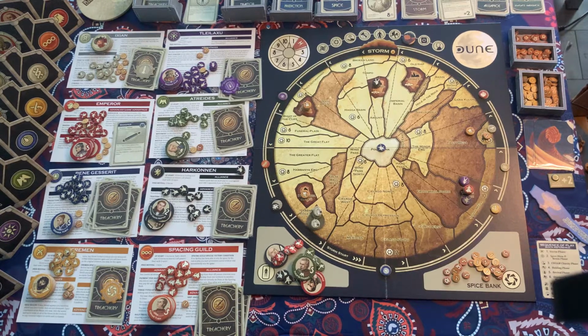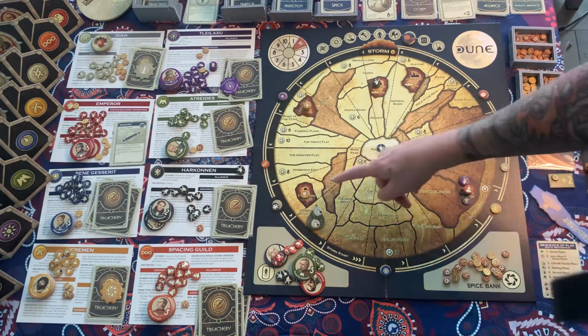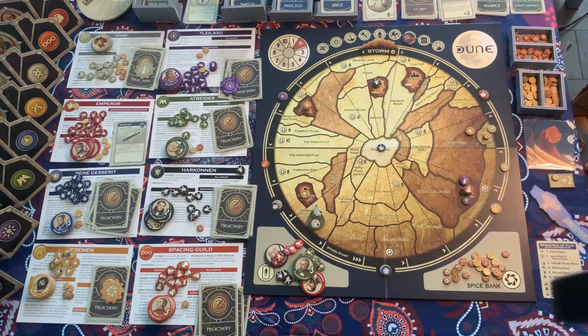Okay, so that was Spice Harvest phase, and now it is Mentat Pause phase. So again, from here we can check to see nobody has won, but if one player occupies 3 strongholds, the Fremen have 2 strongholds, so not quite yet. So okay, so that is gonna wrap it up for